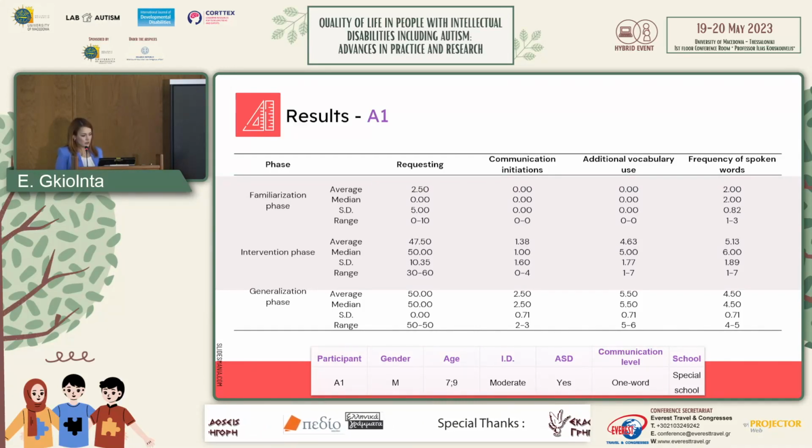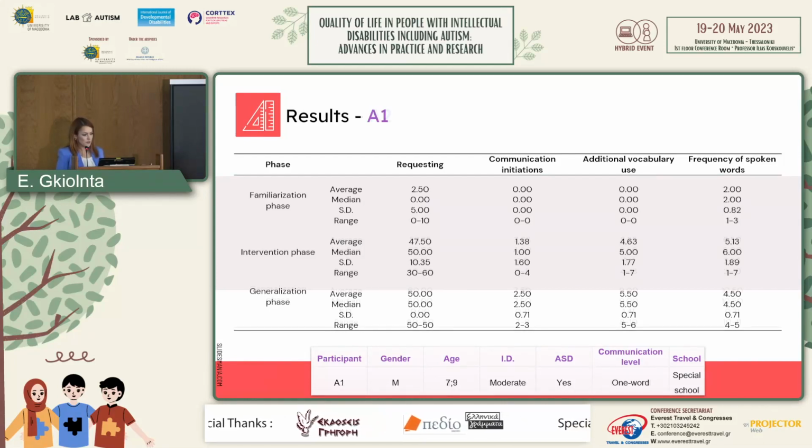And so as to help you understand the results better, I am noting below the characteristics of the participant. It's a male, almost 8 years old, with moderate ID and ASD, and his communication level was at one-word communication at the start of the intervention. And you can see the mean, standard deviation, the range, and the median, and also the average in each one